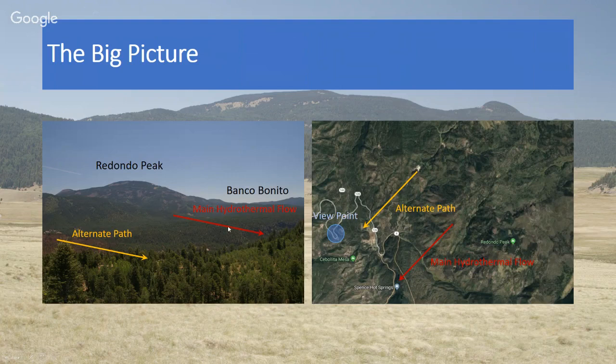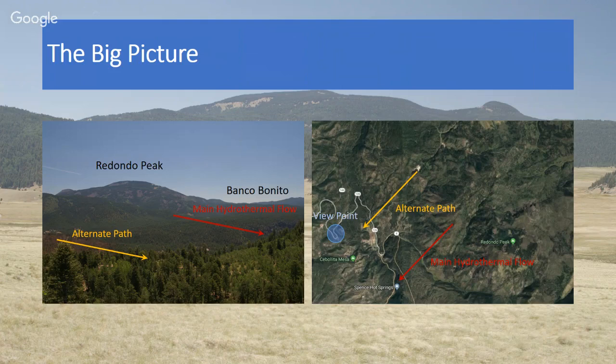The main hydrothermal system would flow somewhere through here. Notice this big ridge here. This is the Banco Bonito flow. So it did really clog the drain. And then all that has to happen now is for another branch of the hydrothermal system to start flowing in this direction, and it would cause heating about here, and that heat is spread to Fenton Hill, which is very nearby. So that is my explanation for the thermal history of the site.